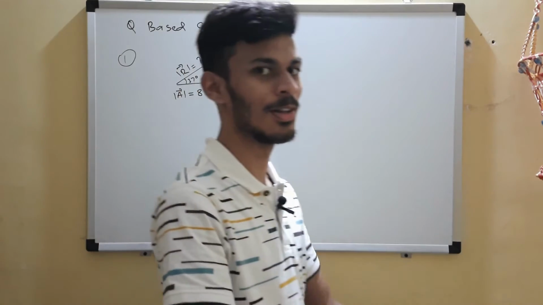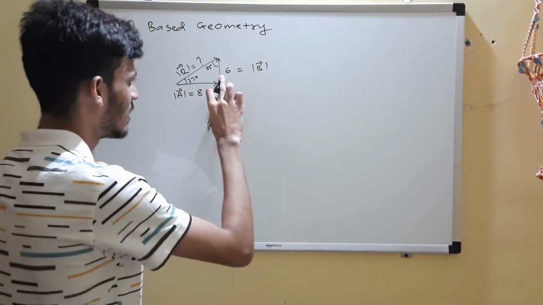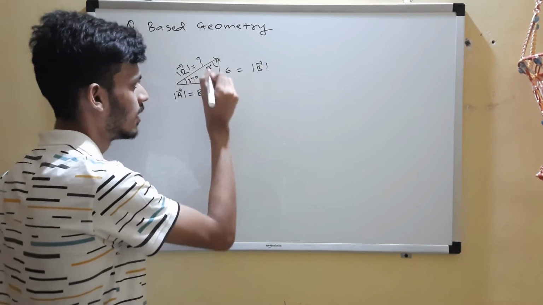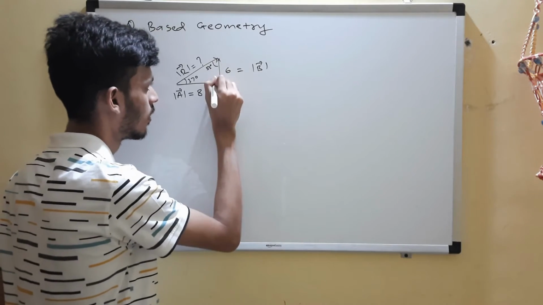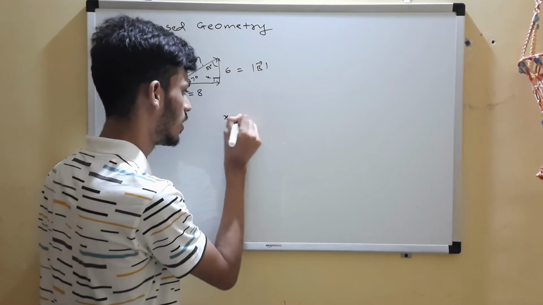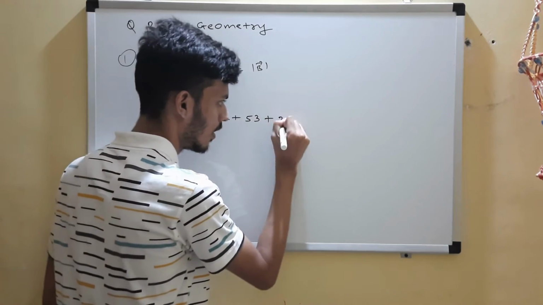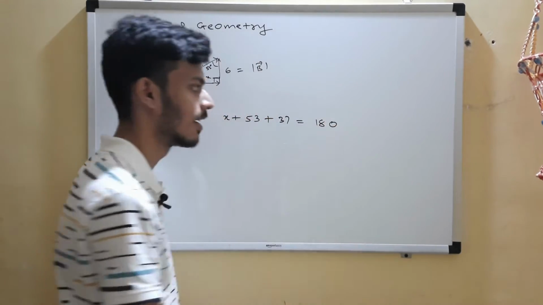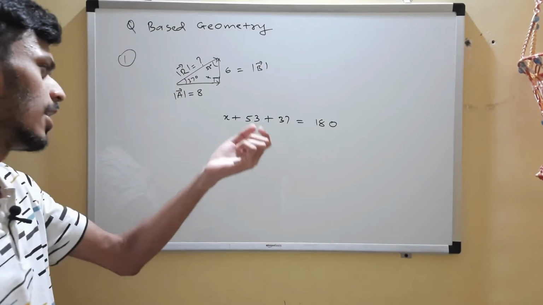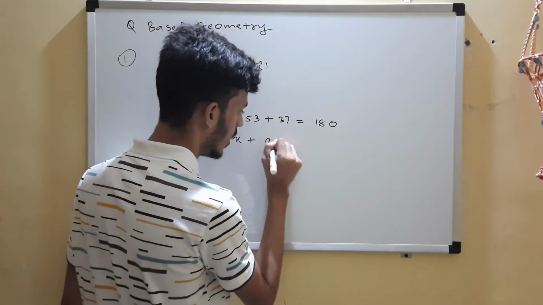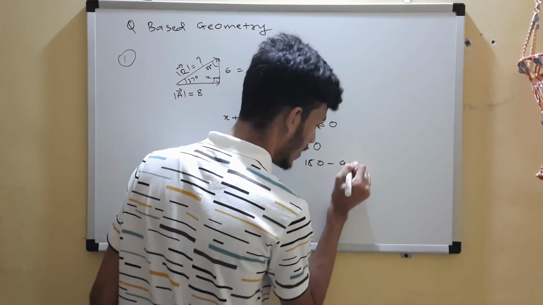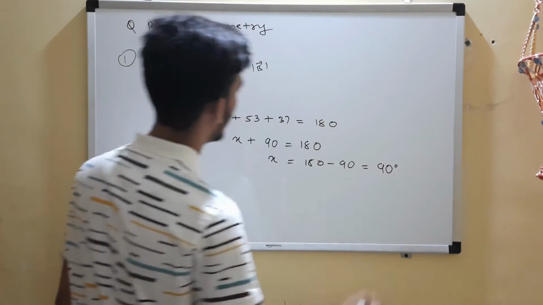So we didn't discuss the magnitude, sir, right? This is a geometry based problem. So tell me about this angle. Let's find this angle. How will you do that? Let's call it x. So x plus 53 plus 37 equals 180 degrees. Why? Angle sum property, right? Who does not know this? So 53 plus 37: 50 plus 30 is 80, 7 plus 3 is 10, so 90. We have 180 on the other side. So x is 180 minus 90, which is 90. It's a right angle triangle.